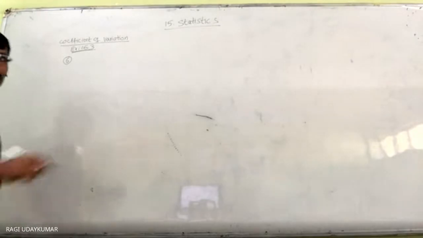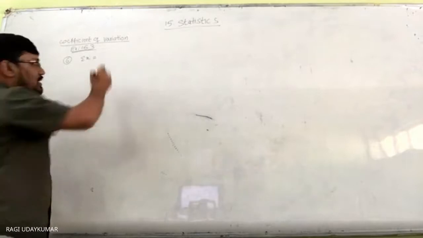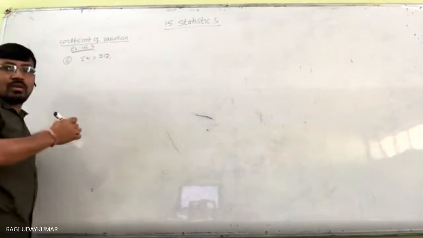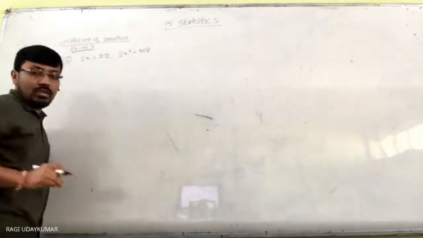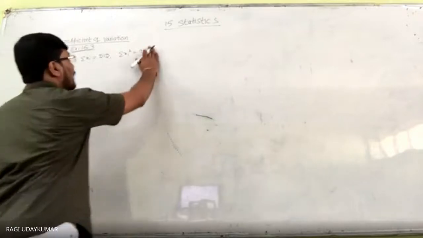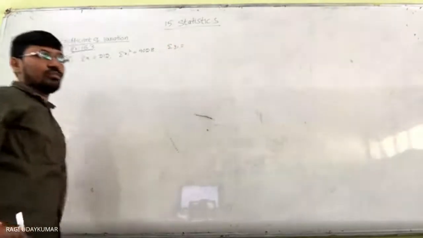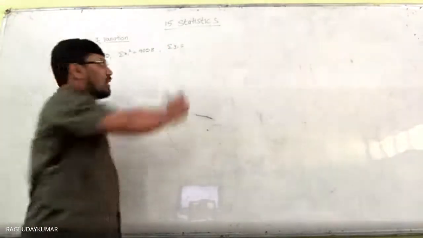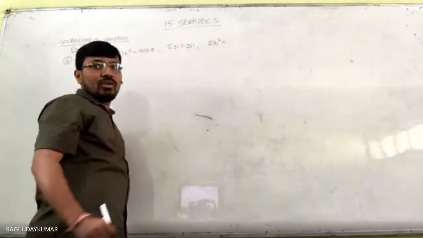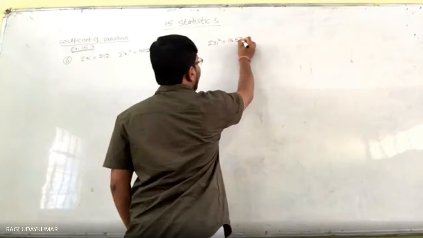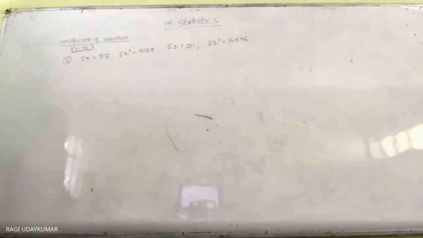The data is given to you. Sigma xi, i equals 1 to 50, is equal to 212. Sigma xi square, in this problem it includes more algebra, is 902.8. Sigma yi is equal to 261. Sigma yi square is equal to 1457.6. And which is more varying, the length or the weight?